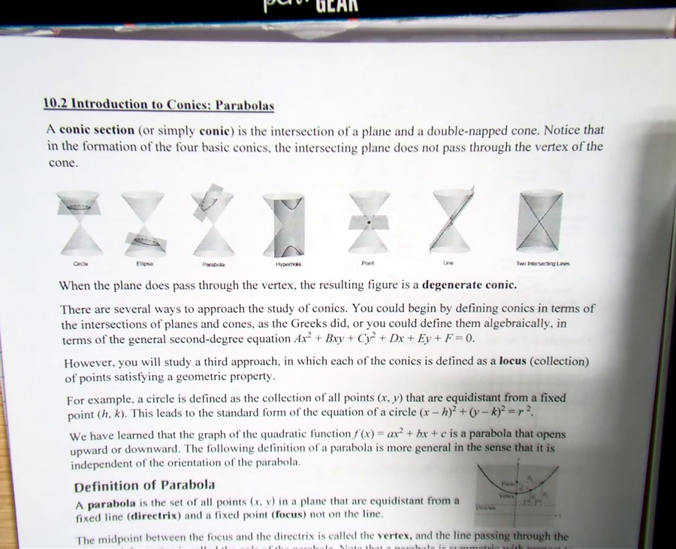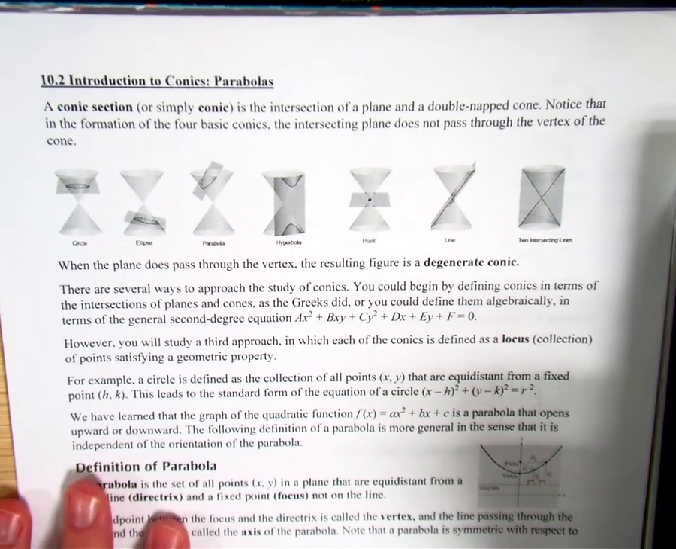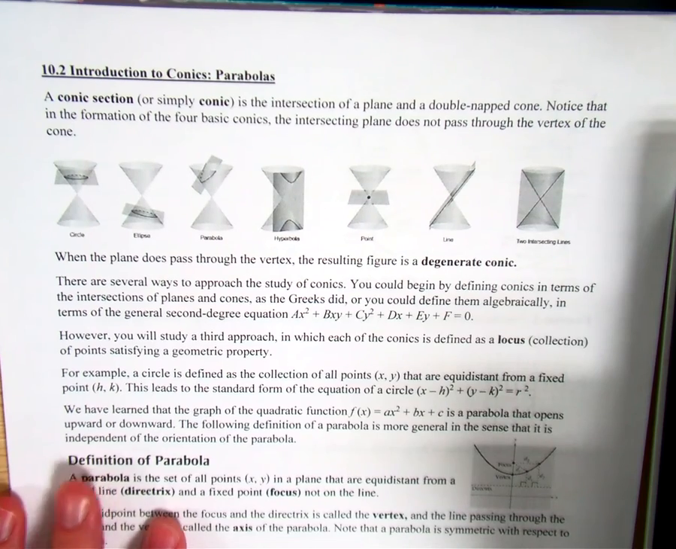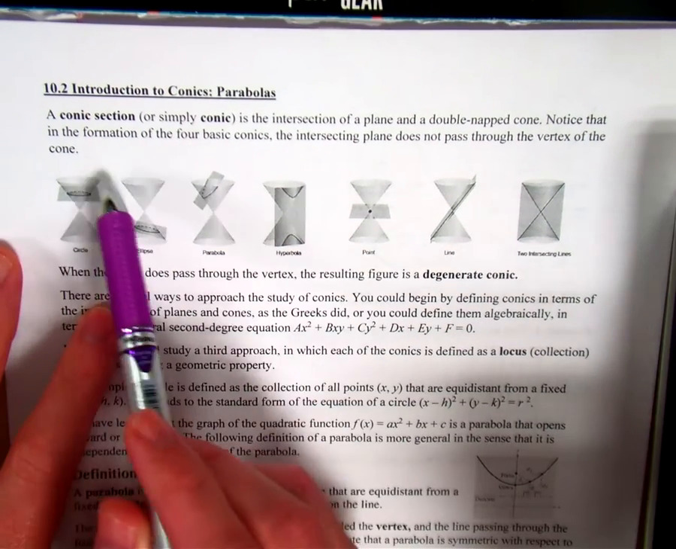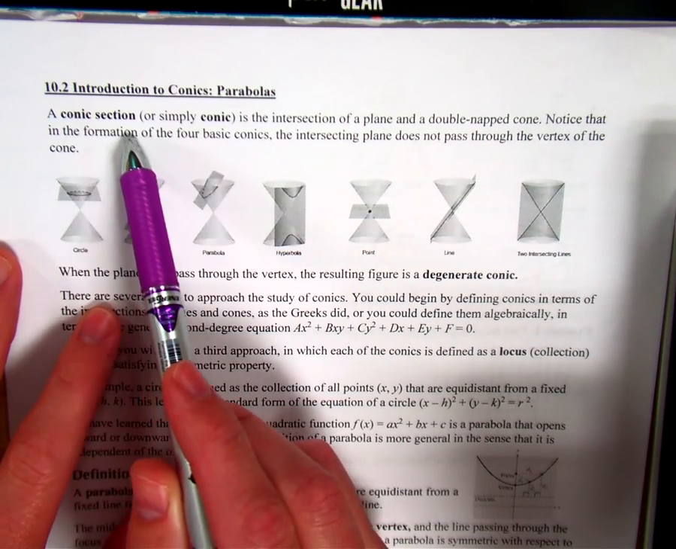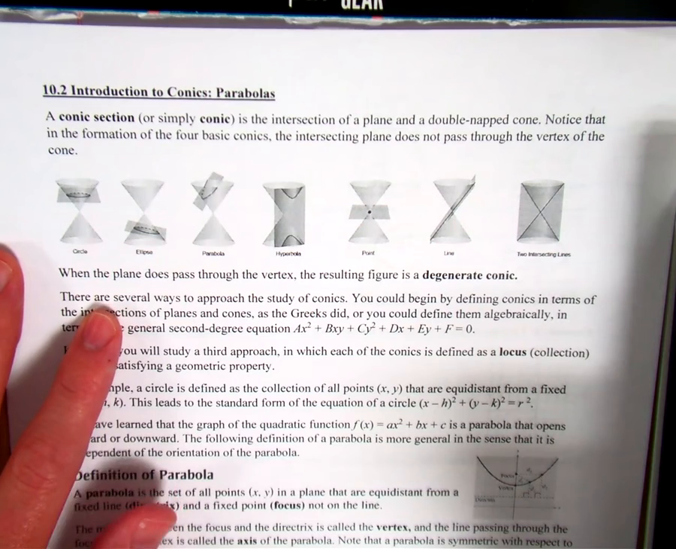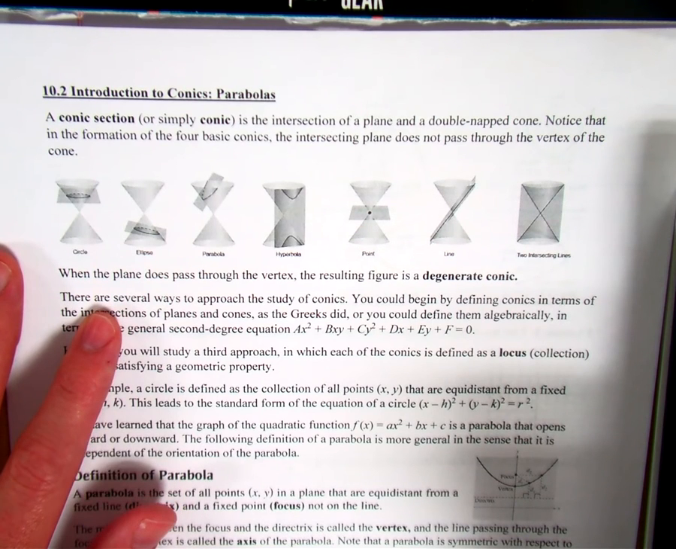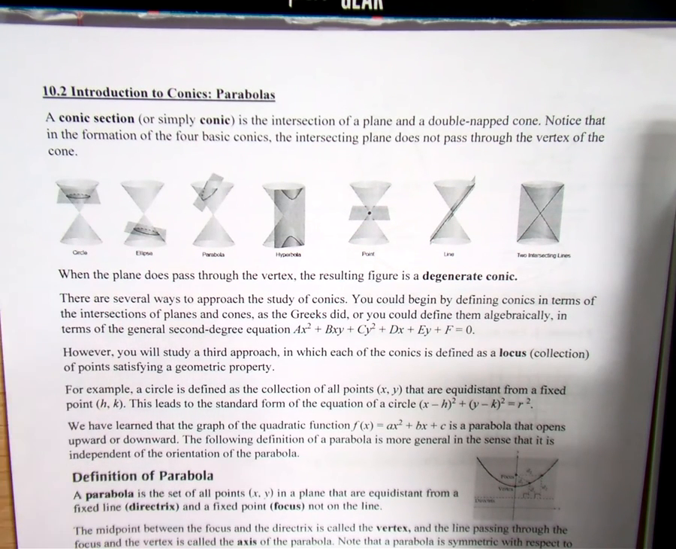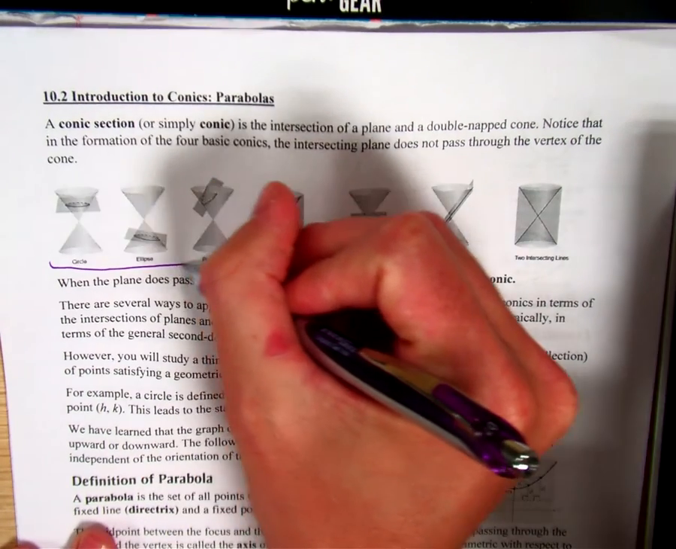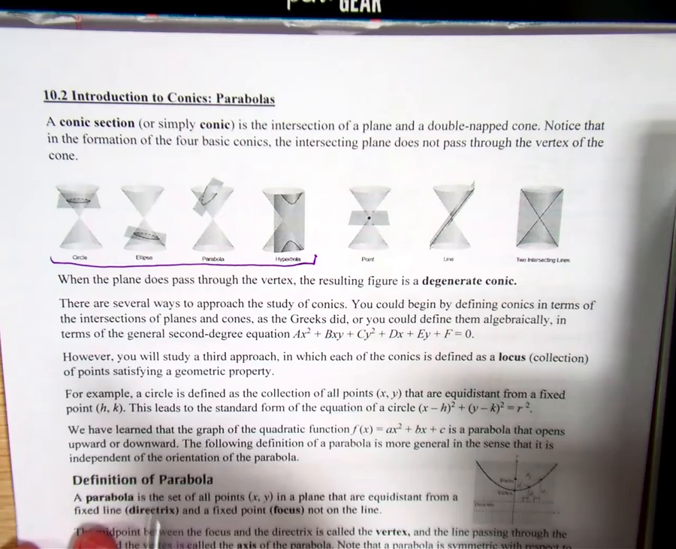Alright, PreCalc, we are with parabolas, starting our review of all of our conic sections from Algebra 2. So we know a conic section, or simply a conic, is the intersection of a plane and a double-napped cone. Notice in the formation of the four basic conics, the intersecting plane does not pass through the vertex of the cone. So here's our four conic sections that we usually think of, and the slice does not go through the